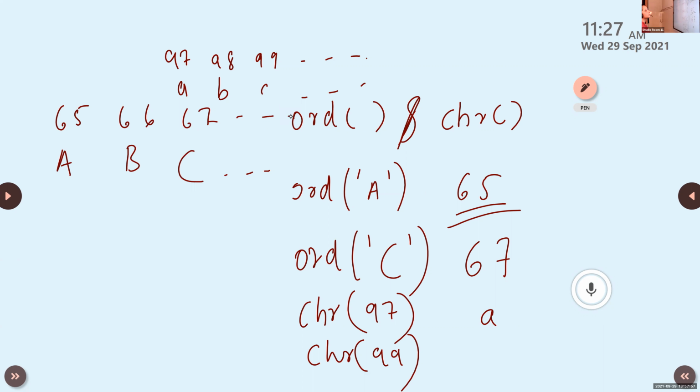Ma'am, will the output be in quotes? No, no, just one integer. Here it is within quotes. Here it is an integer. Here within single quotes.